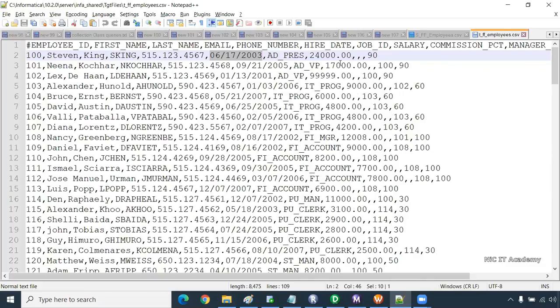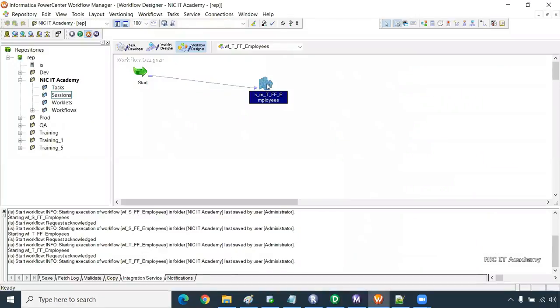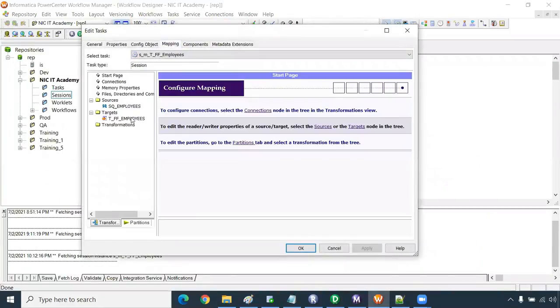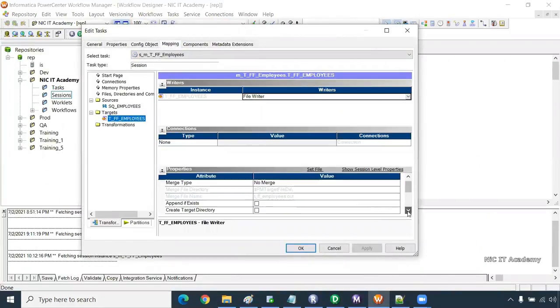You can ask a question: if I want to append the data to the existing file, what do I need to do? We have one option at the session level. Go to the target definition. Here you have one option called Append if exists. If the file exists, you can append the data to the existing file. Just click on this. You can even create a directory here, so that if the directory is not present, you can enable it.